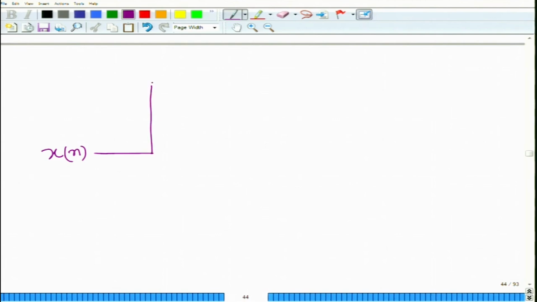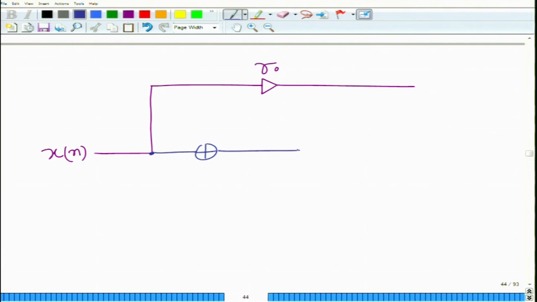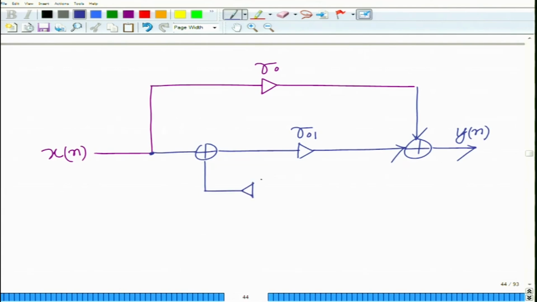So, you have the first one, that is the gain gamma naught, then you have the gain gamma naught 1, and this is y of n, and here you have the delay Z inverse, and you have minus alpha 1 1. This is the df1 representation